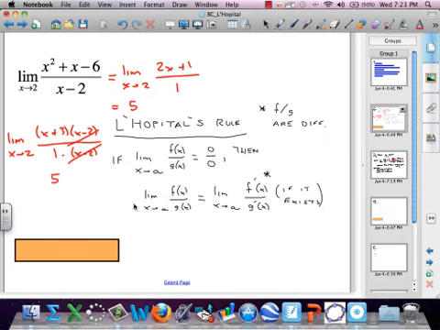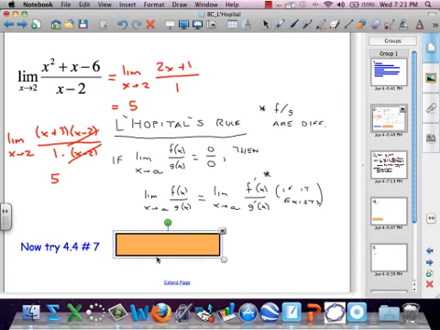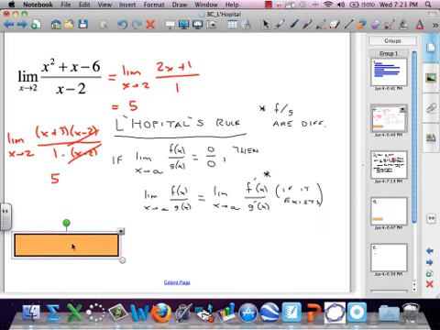Okay, before we go on to the next idea, I want you to go ahead, pause the video, and try 4.4, number 7. Yeah, that's 4.4. That's correct. We're jumping back a section, or a couple sections. This was actually taught early in the book, but we didn't really need this until now, so I put it off. Pause the video when you're ready to resume. Come on back. Okay, if you are ready,